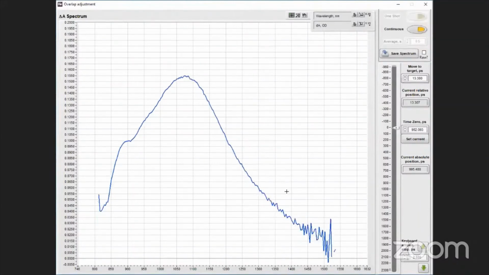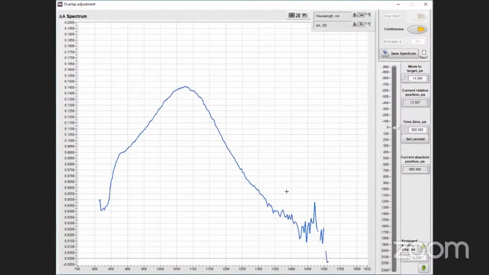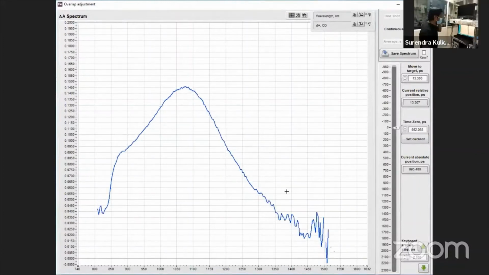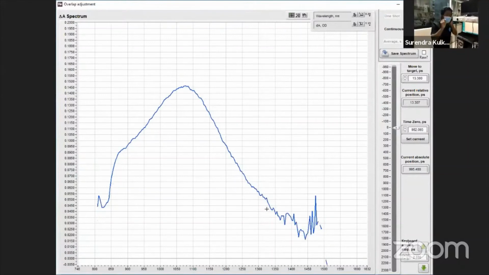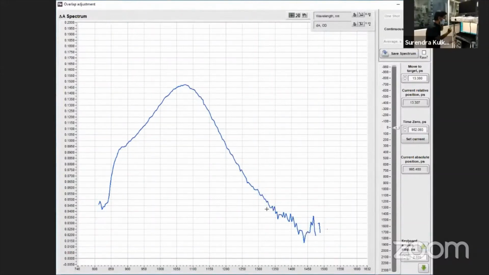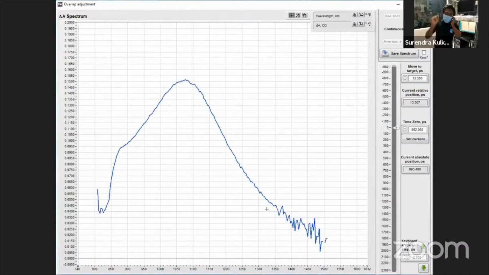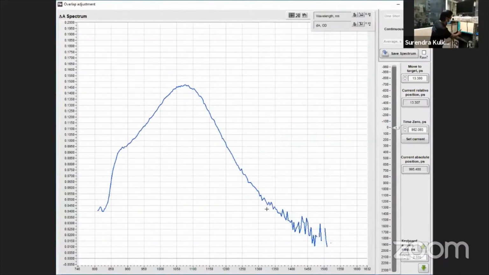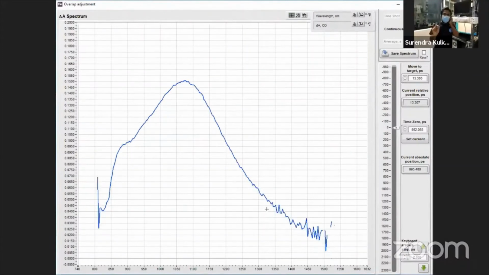Question: are we seeing the color of light being emitted by the sample or being absorbed by the sample? No, the colors we are seeing here are the colors absorbed by the molecule. Just so that people know, we are measuring an absorption spectrum. Yes, you can also record the emission, but for this particular kind of molecule, what we are showing is the absorption of the molecule.